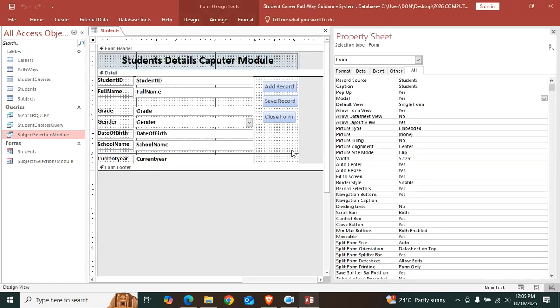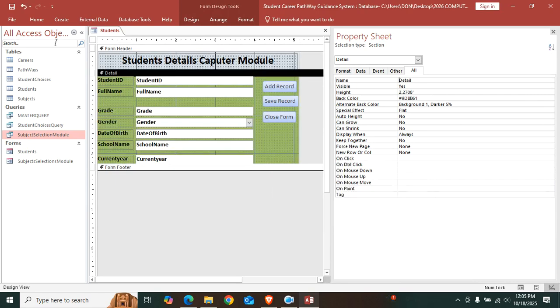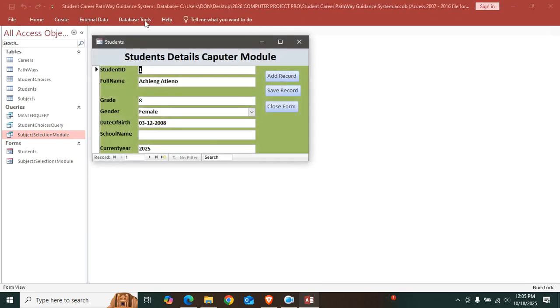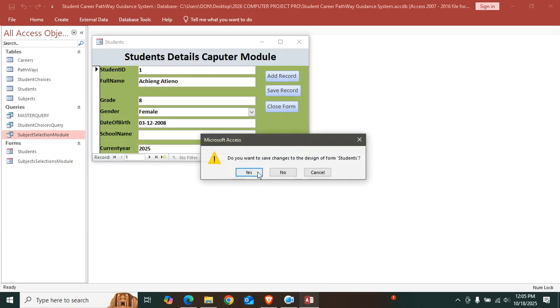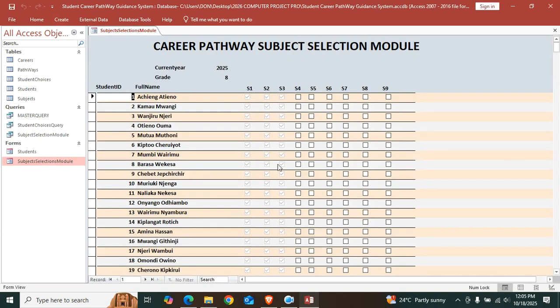So right click, design view. You can also change this back color to something different. Home view. See, now it is taking shape. Cross form, yes. So once you do this, the next very important thing to do is to display the